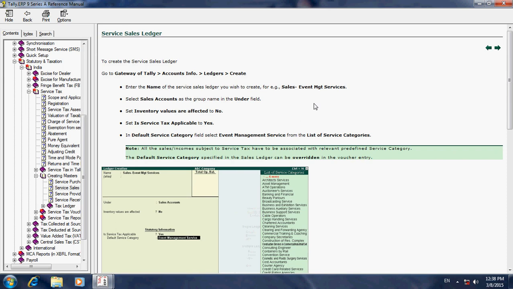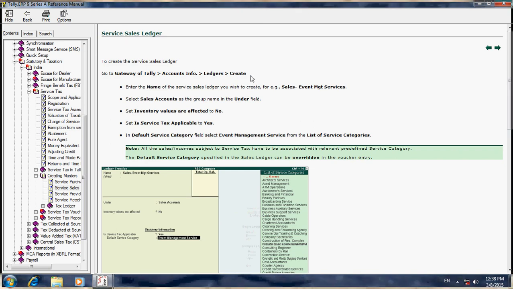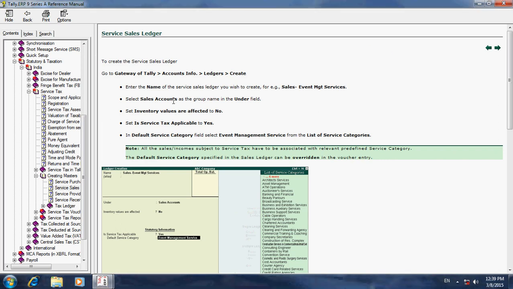Then similarly create the service tax sales ledger. Same procedure: Gateway of Tally, Accounting Info, Ledger, Create. Here enter Service Event Marketing Services as the ledger name. Enter group as Sales Accounts. Inventory Values Affected set to No. Then Service Tax Applicable to Yes.